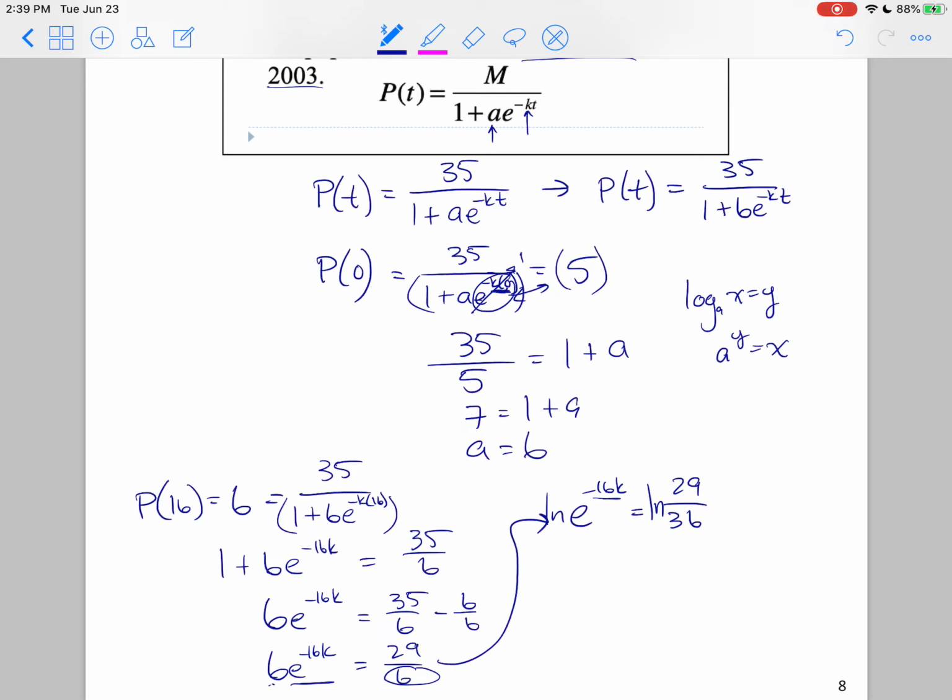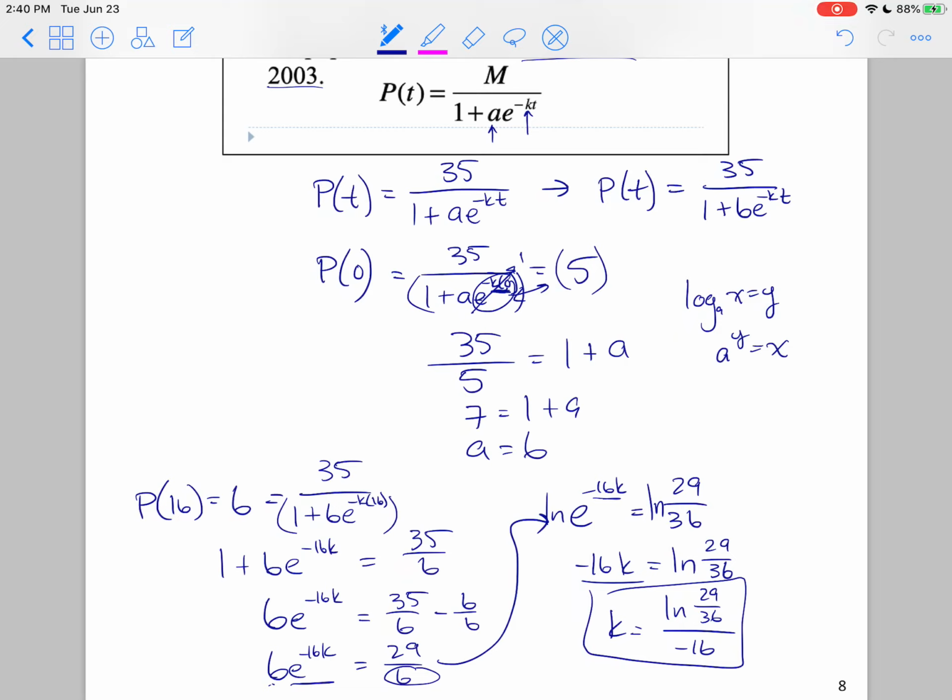In this case, the base is e, so log base e of 29 over 36 is going to be equal to negative 16k. You can write log base e, but you should really be writing ln. And then to get k totally by itself, k is going to be ln of 29 over 36 divided by negative 16. And now that we have the exact answer to infinitely many decimal places,